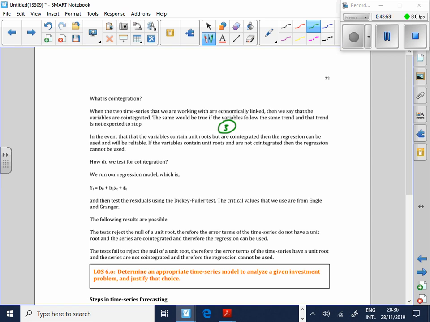And I'm not going to give you anything more than how to test for co-integration. You use the Dickey-Fuller test and the critical values, and please don't spend time on this, obviously. Not even an example for you. You use the Engle and Granger tables to get your critical values. Not a thing we're going to be spending time on. Are you happy with that, guys?